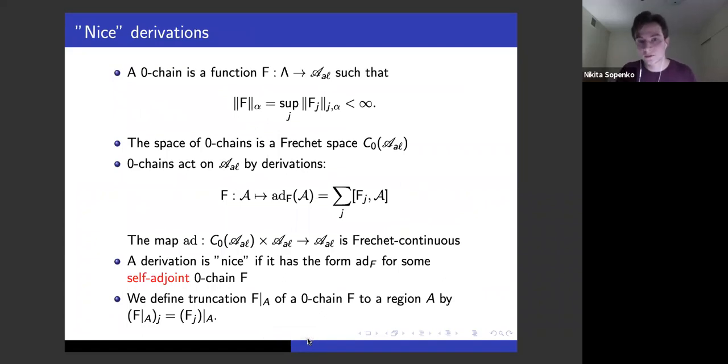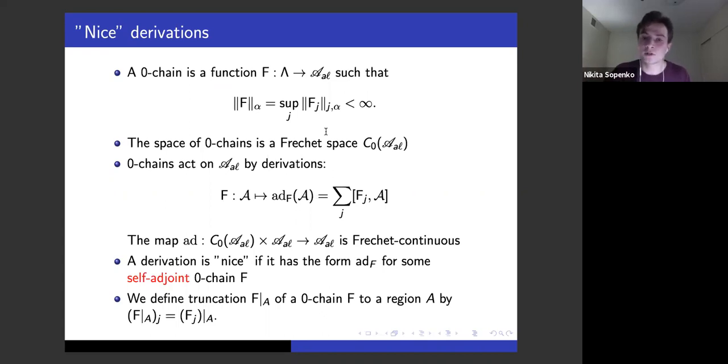Okay, let me proceed with the definition of Hamiltonians. Of course, a Hamiltonian is not local. It's not an element of the algebra, but we can consider just a linear combination of the elements of this algebra localized on different sites. So we define just a map from the lattice to the elements of the algebra local on this site. We call such Hamiltonians zero chains. And we consider this semi-norm on such Hamiltonians, which is just the supremum over all possible sites.